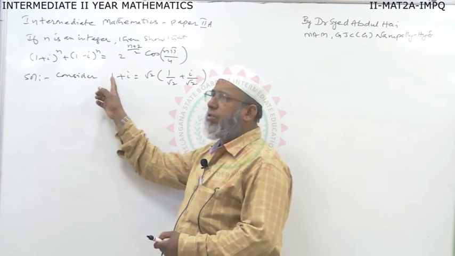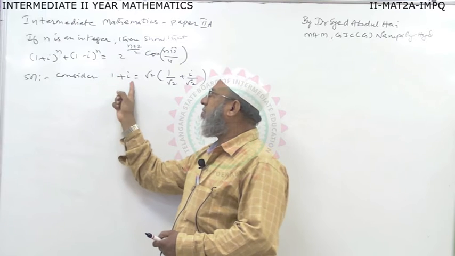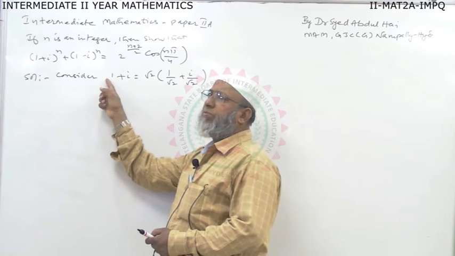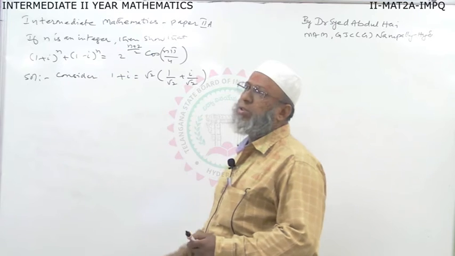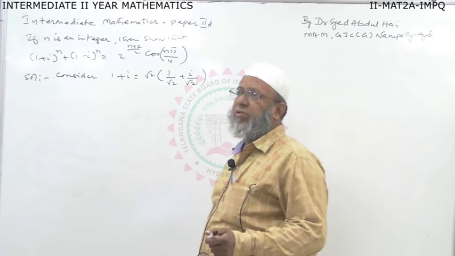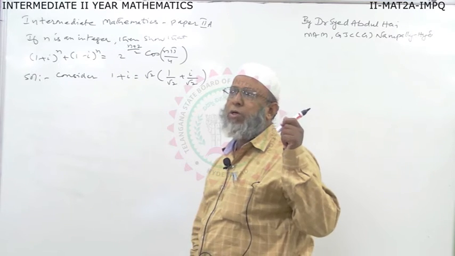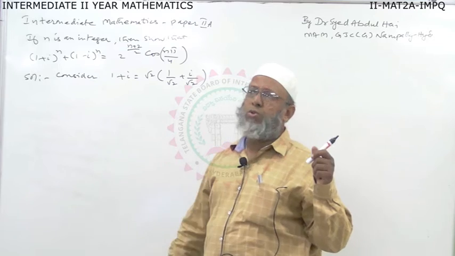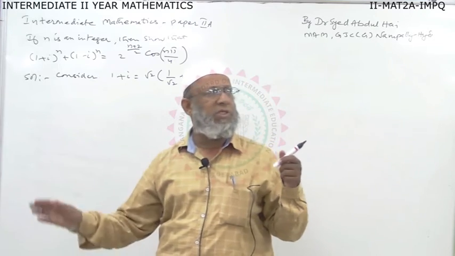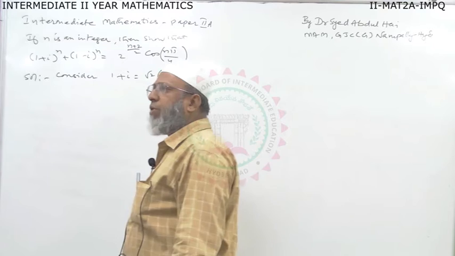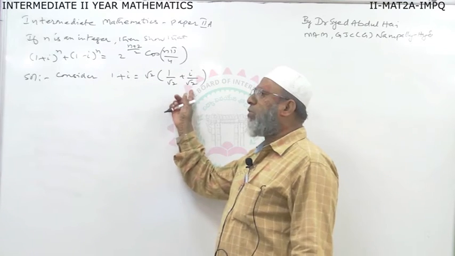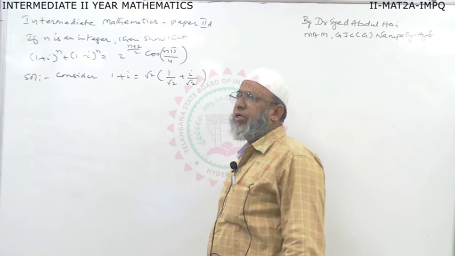So what I have done, I have multiplied and divided by root 2, right? The coefficient, what is the number here? 1. What is the coefficient of i? 1. 1 plus 1 is equal to 2. So multiplying and dividing by the square root. This is the second method. The first method is using the polar form. So this is the shortcut one. Okay. Now, we have to relate this value 1 by root 2 and 1 by root 2. These belong to some cos theta and sin theta.